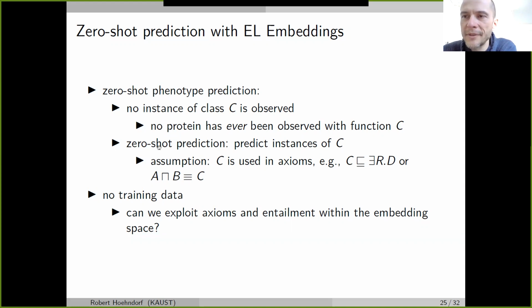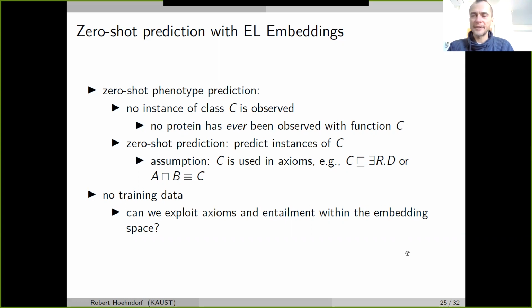And we assume that we have a knowledge base or an ontology where we have some axioms, in particular that C is used as part of some axioms, because if we don't have some additional information about C, then we still can't predict. But if we have some additional information about C, and maybe not just intersection like A and B is equivalent to C, but it could be relational, or it could be some other type of information, could be very indirect.